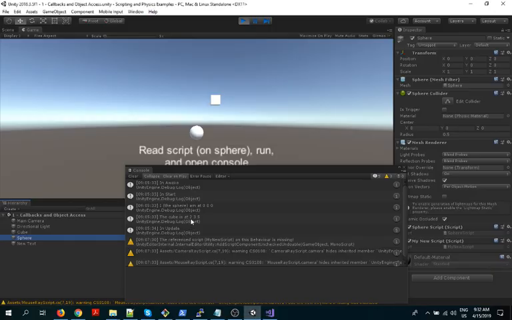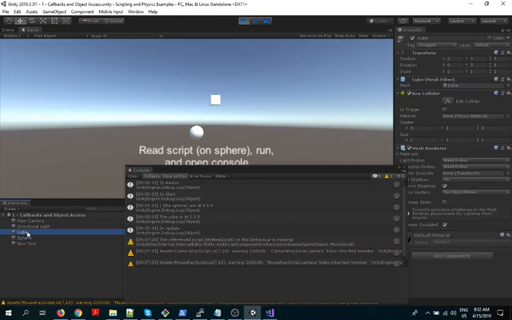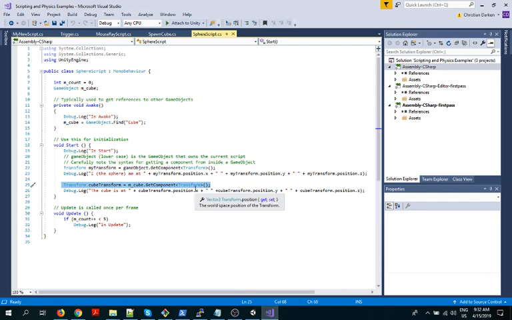Again, it said the cube was at 2, 3, 5. Let's see. Okay, there it is, 2, 3, 5. All good. Now I think we're almost to the bottom. Let me be patient. Okay, and then this thing is going to get called once per frame. What does it do? It basically just prints a message to the default.